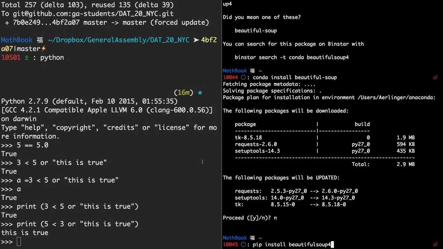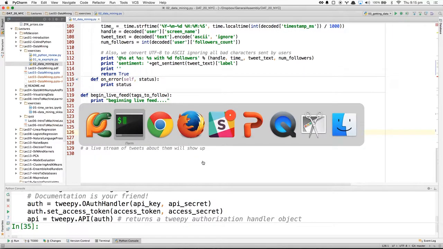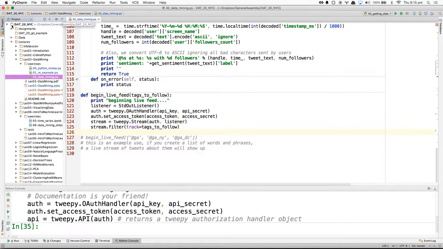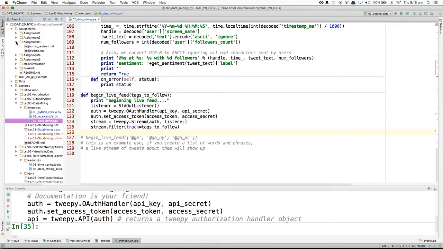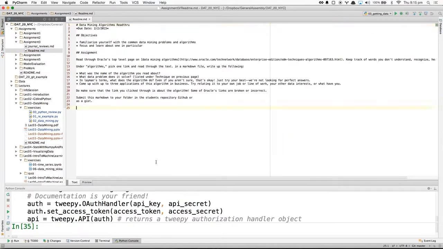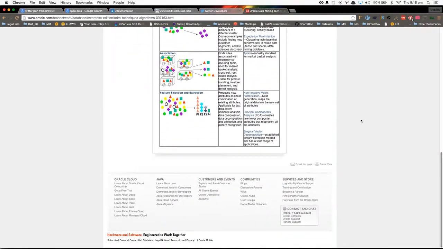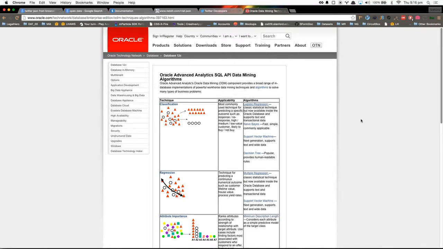There's also, just quickly, in this repository, in your DAT NYC under assignments, you will see assignment 3. It's a pretty straightforward assignment. Basically, you'll be going through, Oracle has a great list of machine learning algorithms. It gets you to think about and read some of the literature on the techniques used in practice, and sets up the premise for what we'll be learning later. A lot of this stuff will be new and foreign to you, and that's great because you'll be learning it. But this is stuff that we'll be covering in two to three weeks.